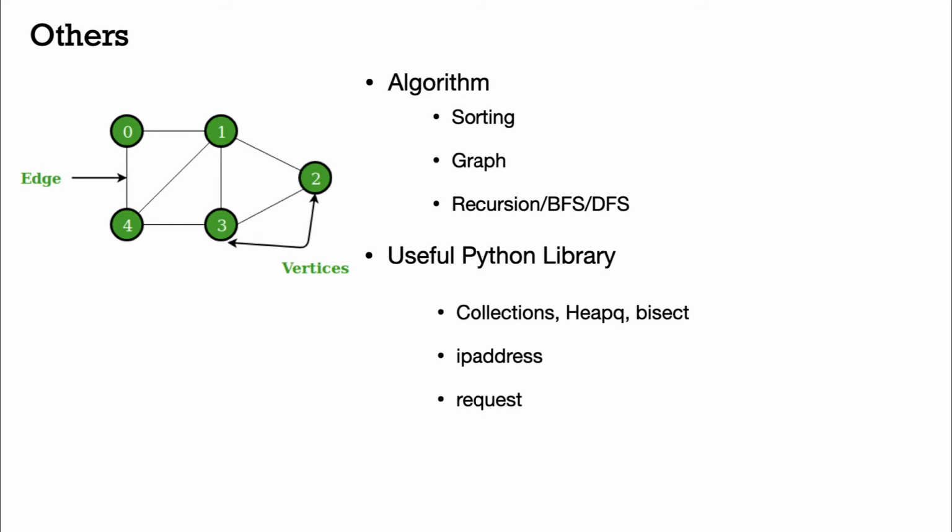heapq is a Python priority queue implementation which helps you do quicker searches than a linear search. Bisect is a library that allows data insertion while maintaining order. Lastly, Requests, which is a very popular library for network input and output. You will need that a lot to do external API querying.